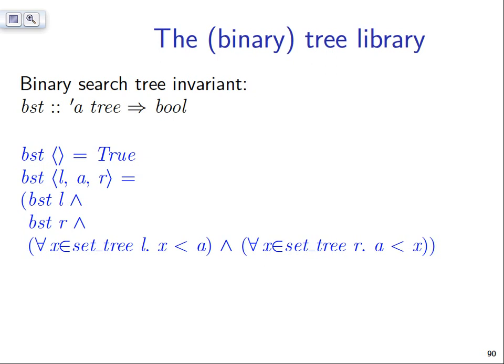For example, it won't work on trees where you have stored functions in the nodes, because you can't compare functions for less than. Implicitly, you would have to state it explicitly, but here it's implicit. This type A is restricted to those types that do have a less than on them. And this brings us to